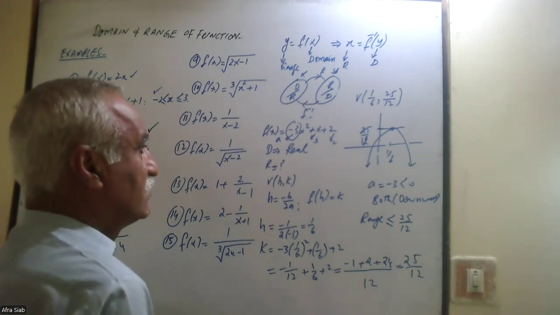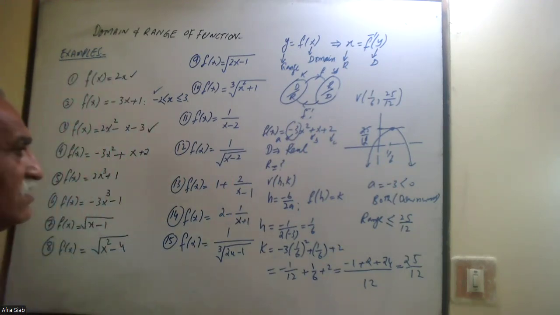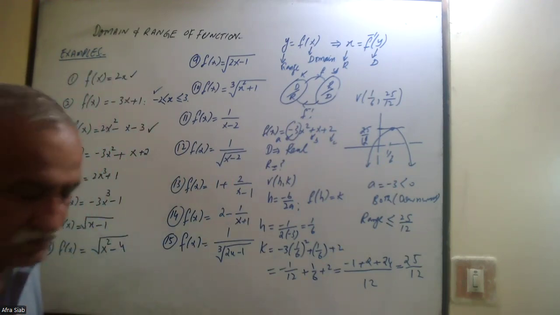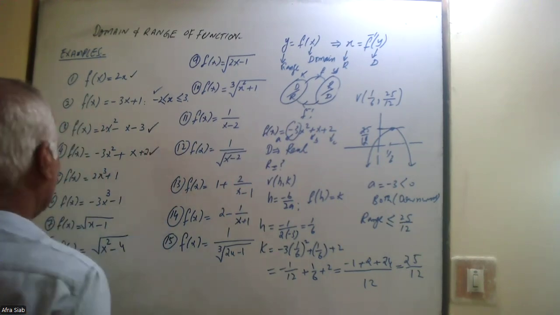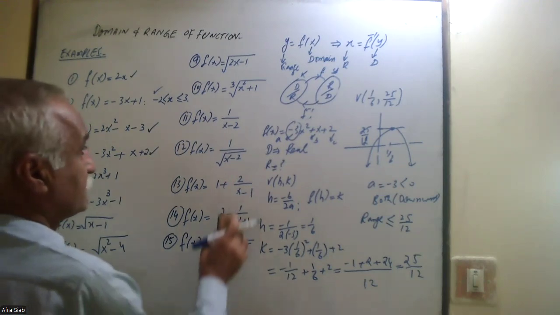So this is the domain and this is the range of this graph there. So that is question number 4, we have solved it for this point. Now for the fifth,